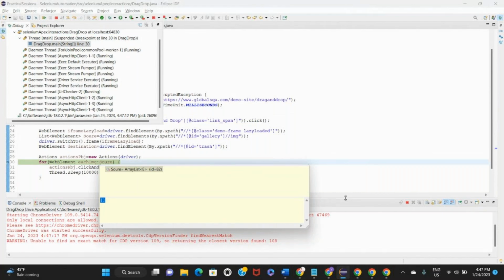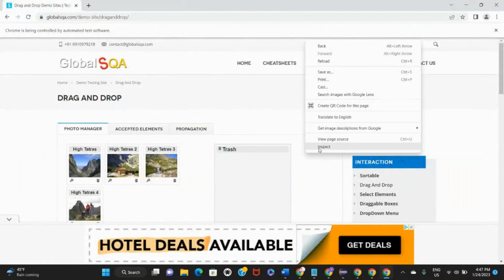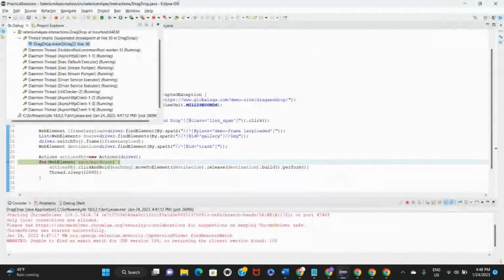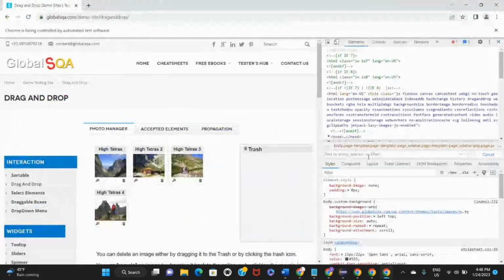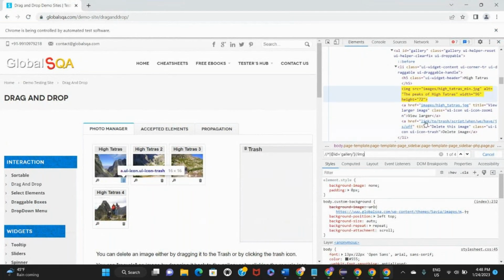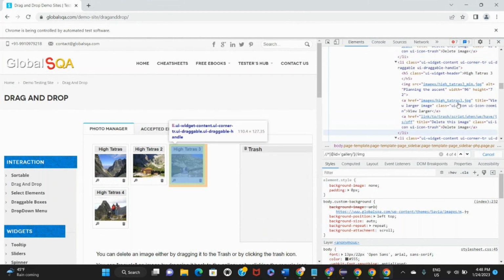Let's go ahead and see if the images are also under an iframe or not. It is actually not returning the images with the XPath that we are giving. So what is the XPath that we are using for the images? The XPath that we are using for the images is this. Copy and paste this XPath over here. The XPath is exactly showing what we need. It is showing us 4 images, and that is our criteria as well, but the script is not able